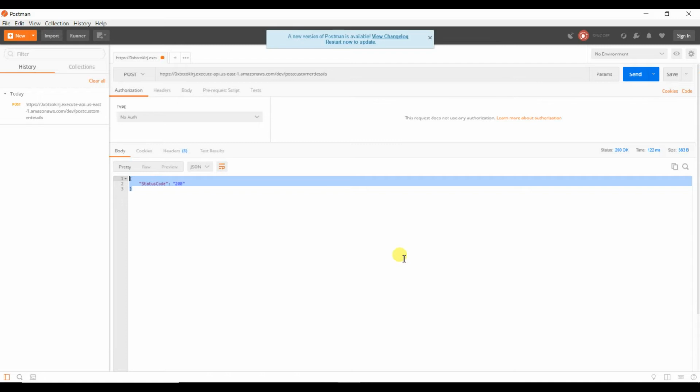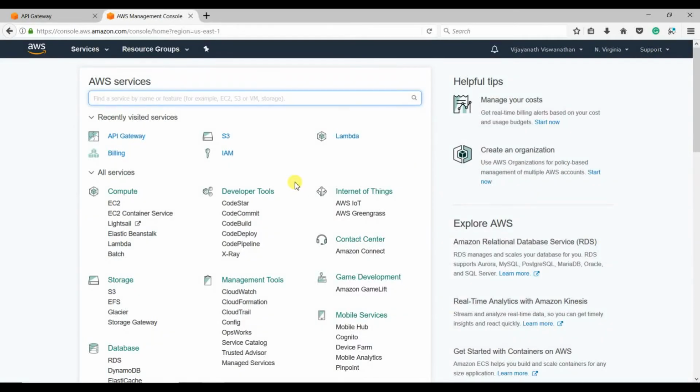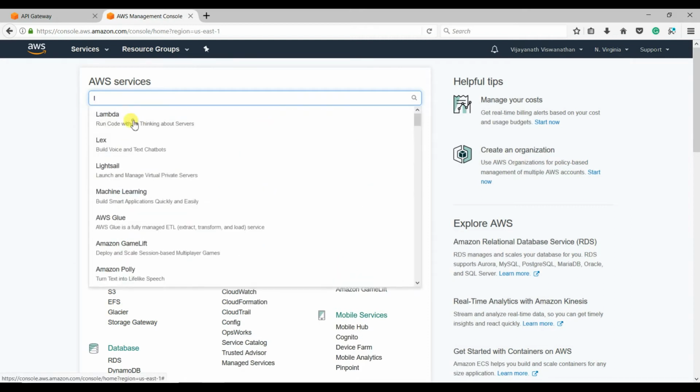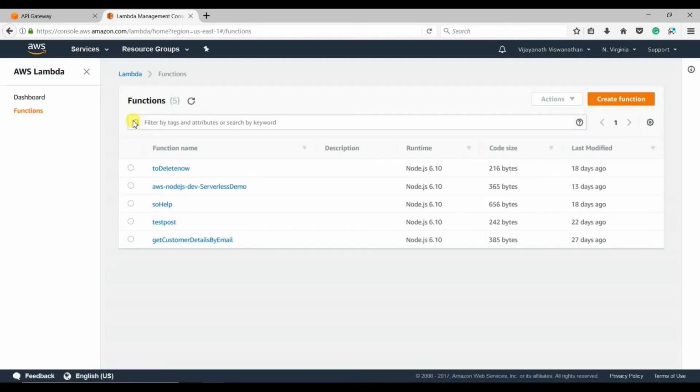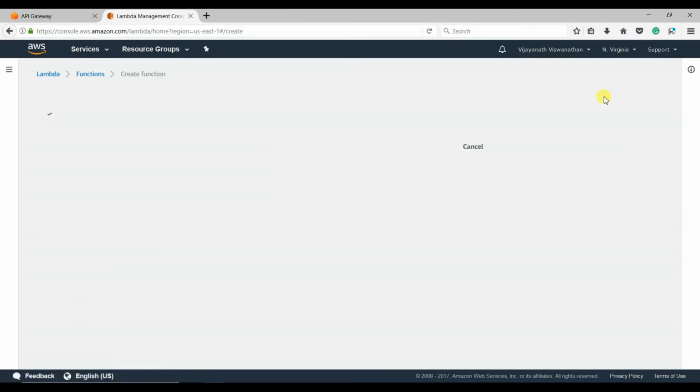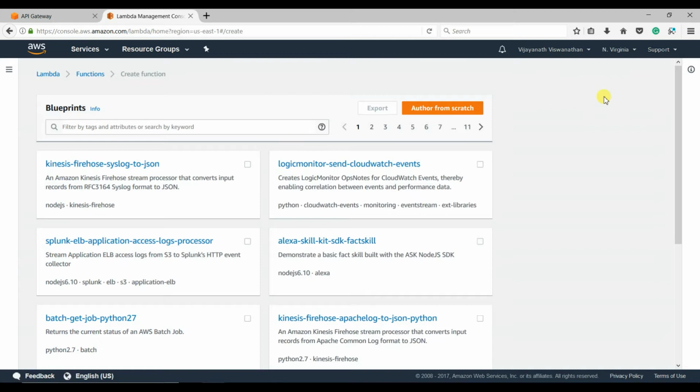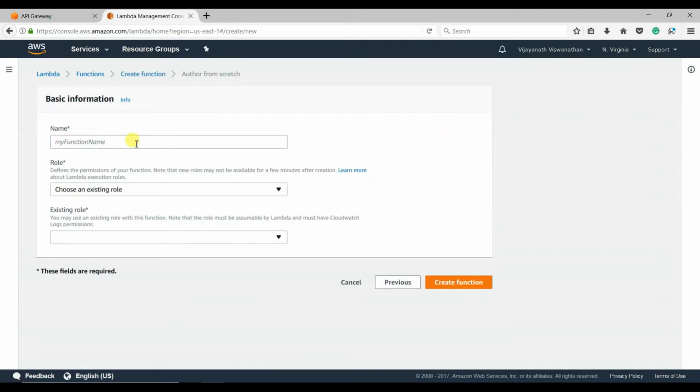Okay, now we need to integrate with Lambda function. Okay, so let us go and create a Lambda function now. So I'm in AWS console again. Let us search for Lambda. There you go. Alright, so Lambda console has been loaded, and as you know, we have to create a blank function. Click on create function and click on author from scratch. Okay, and function name is, let us say, save